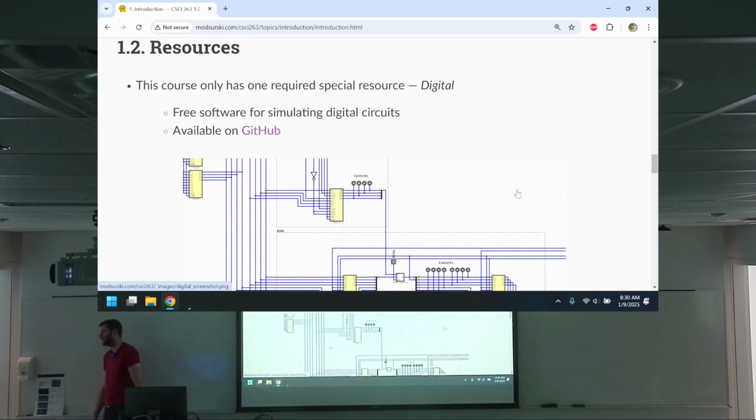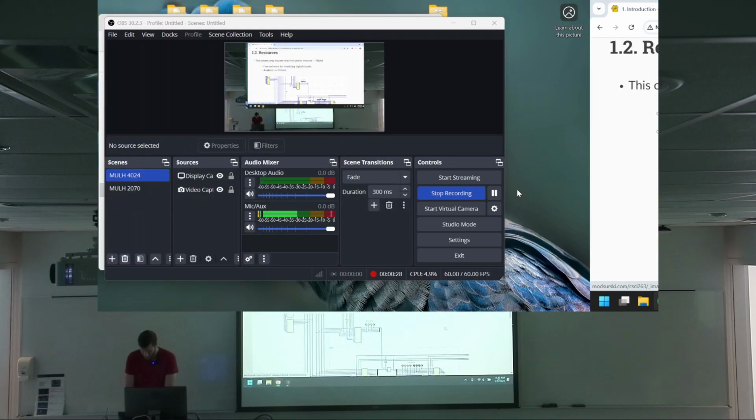There's only really one required special resource for the course. You've all seen it in lab yesterday. It's Digital, right? Digital is the simulator that we use to simulate the digital circuits we're going to be playing with. Like I was saying yesterday in lab, it's an idealized